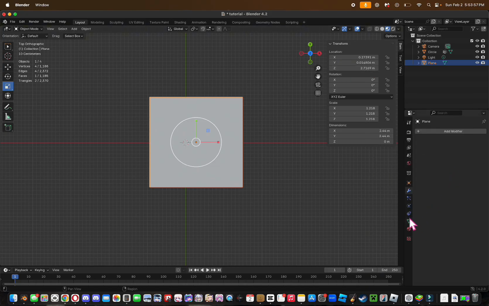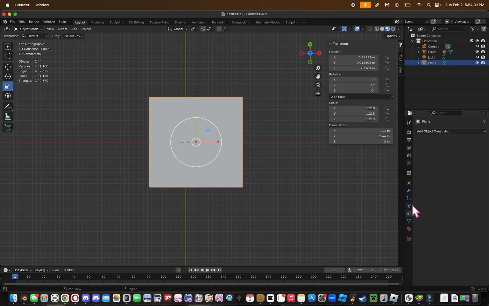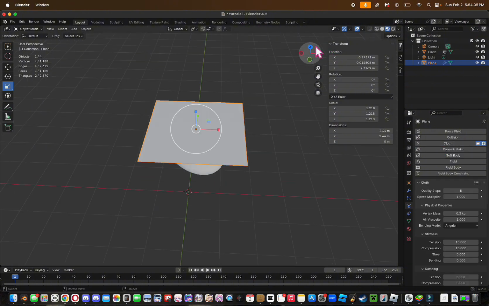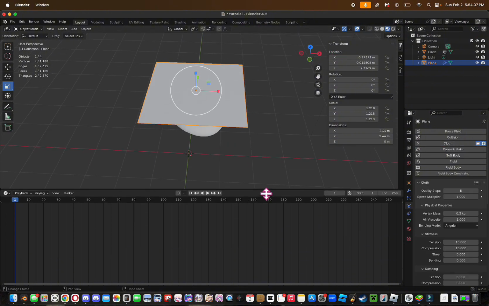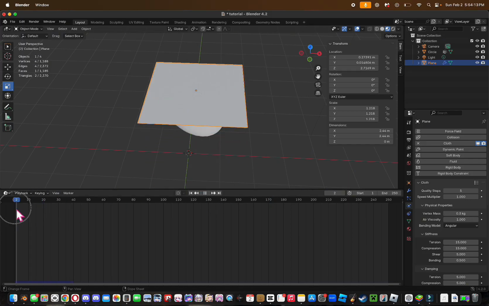So, we can go down to the physics tab or use a modifier directly. Wait, that's not the physics tab. My bad, y'all. And we can add cloth. So, down here, this little bar is the animation playback. So, if we press space, it'll play an animation. And,